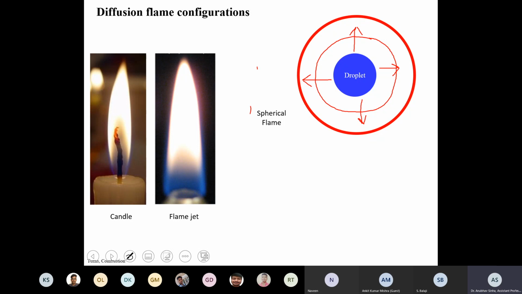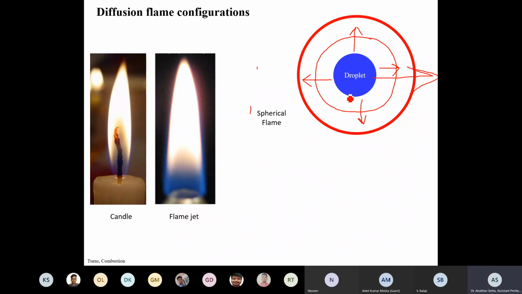Okay, so for example, you have a jet engine. Fuel will be sprayed, the droplet will be moving, but it will have a flame surrounding it. So the droplet will have some motion, but it will be surrounded by a flame. That is the idea. Anywhere the droplet is going, it has a flame around it. Whether it stays, moves, or goes up and down, it has a flame surrounding it. Maybe next class I will also show you some images, then it might be more clear.